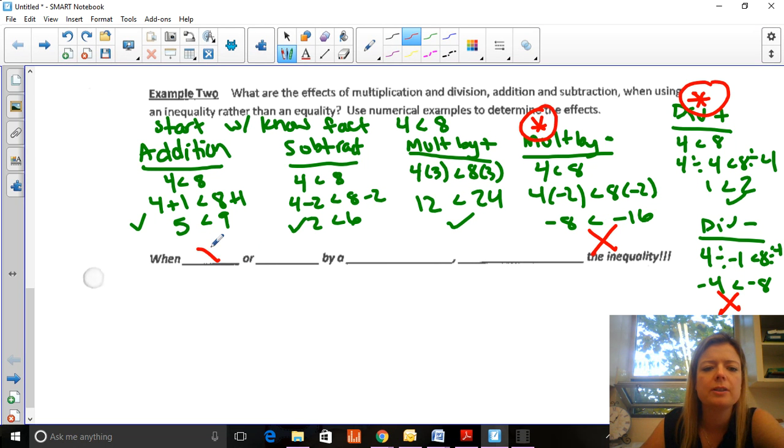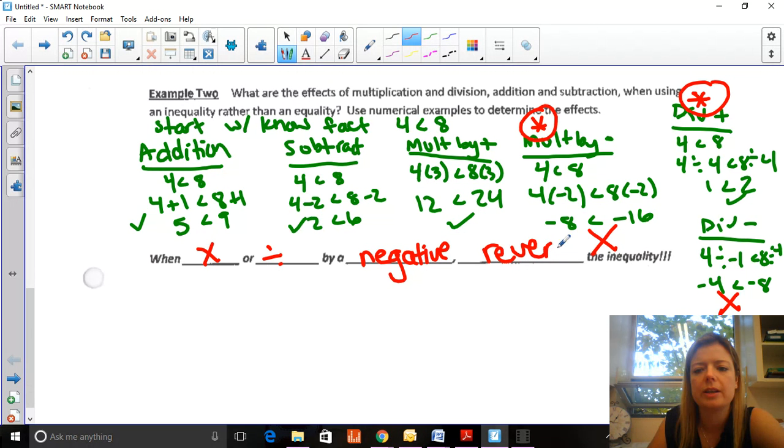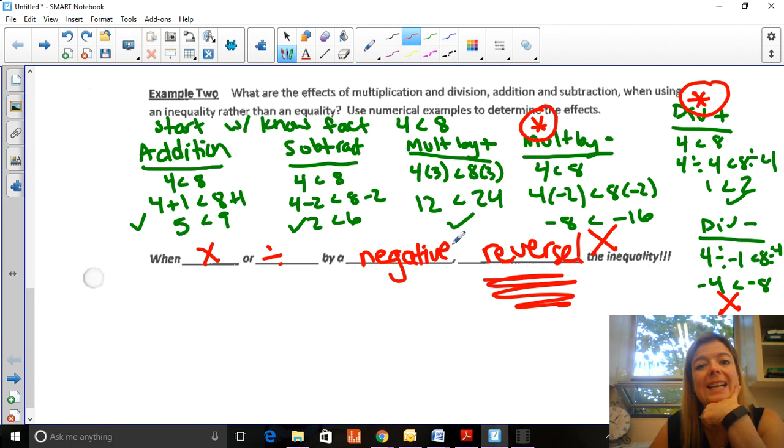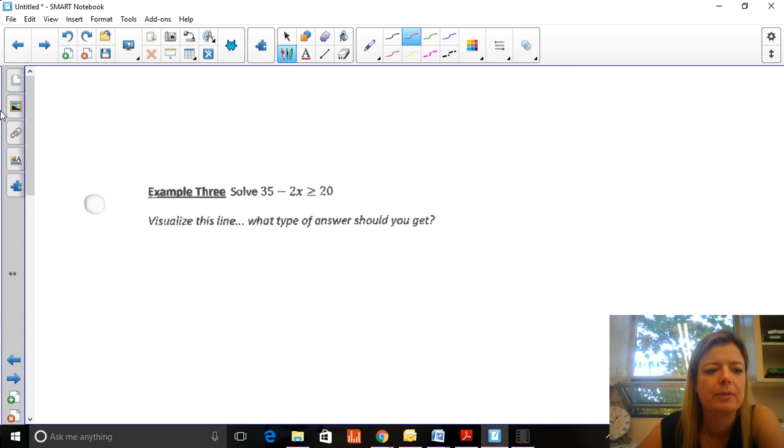Okay, so when you multiply or divide by a negative number, you have to reverse the inequality. Okay, so this always has to happen. So basically you can treat an inequality exactly like an equal sign, except when you're dividing or multiplying by a negative. So for example here,